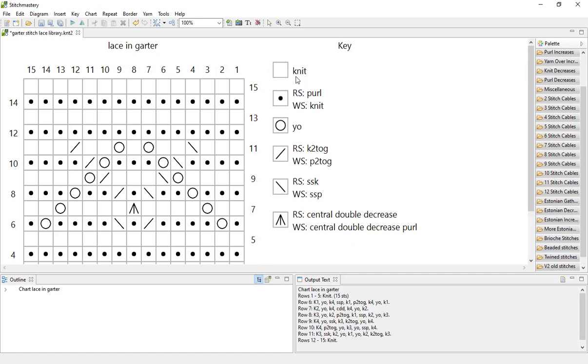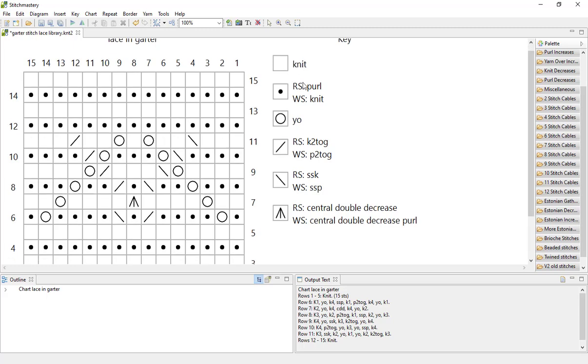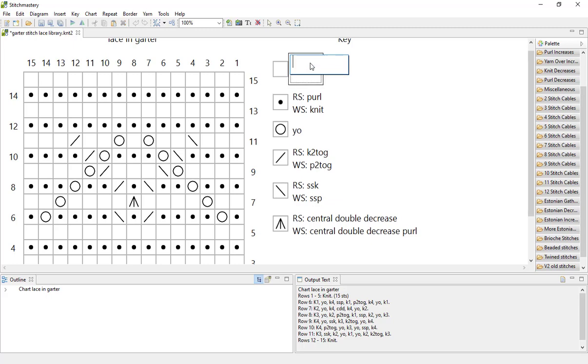And as you can see, we've now lost the right side and wrong side definition from the knit stitch. It just says knit. And you may wish to edit the key entry to say right side and wrong side knit. So click twice on the word, not a double click, but 2 clicks slowly, separate it out, and then you can type into the box, so we want right side knit, and then press down Control or Command and hit Enter or Return again to access the next row of writing.